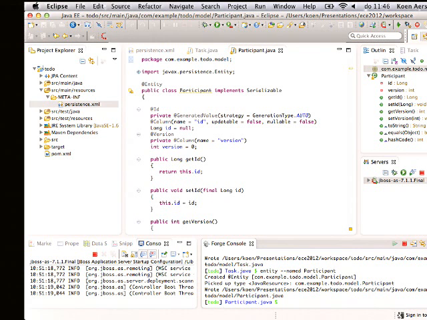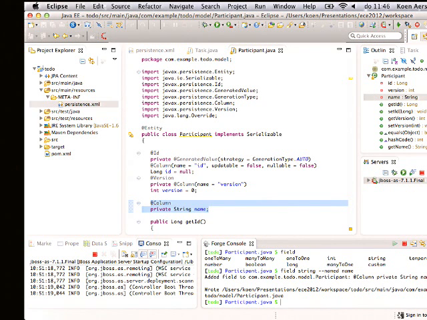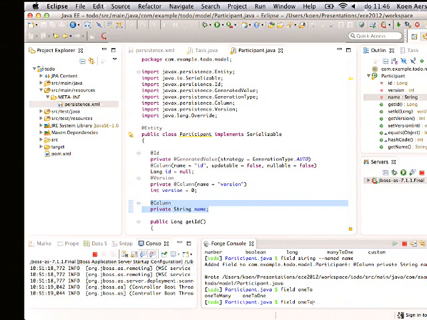Right, participant has a name, fields, string, named, name, and it has a number of tasks to do. So that's a field, one to many, you can have multiple tasks, named tasks,